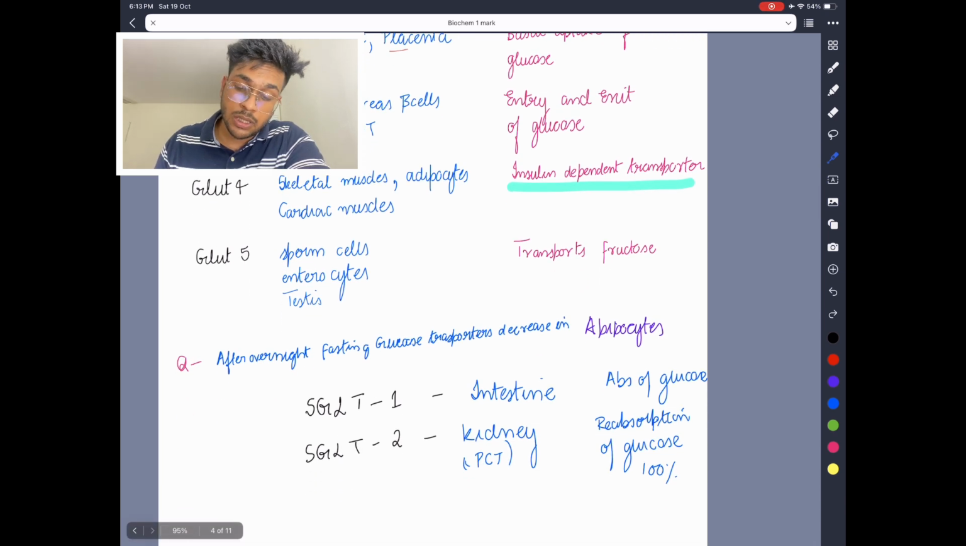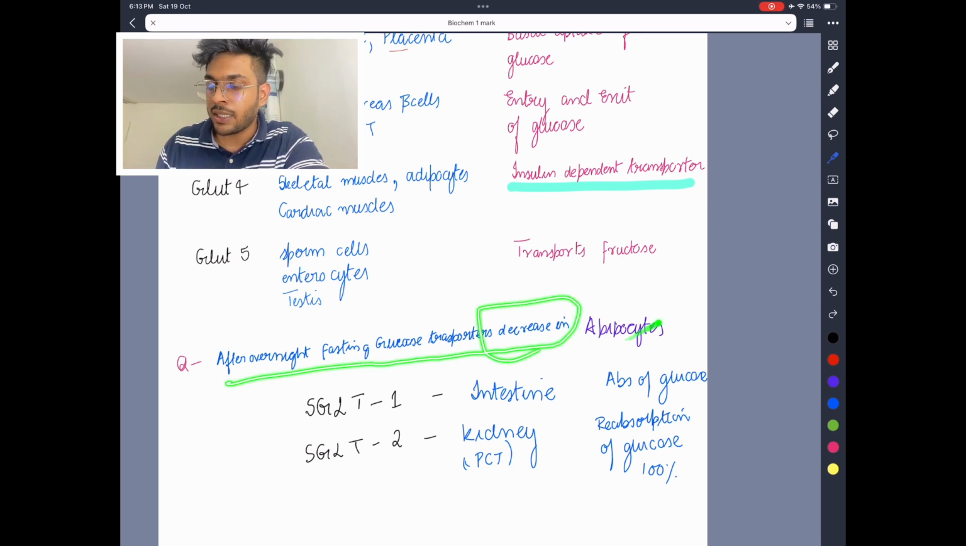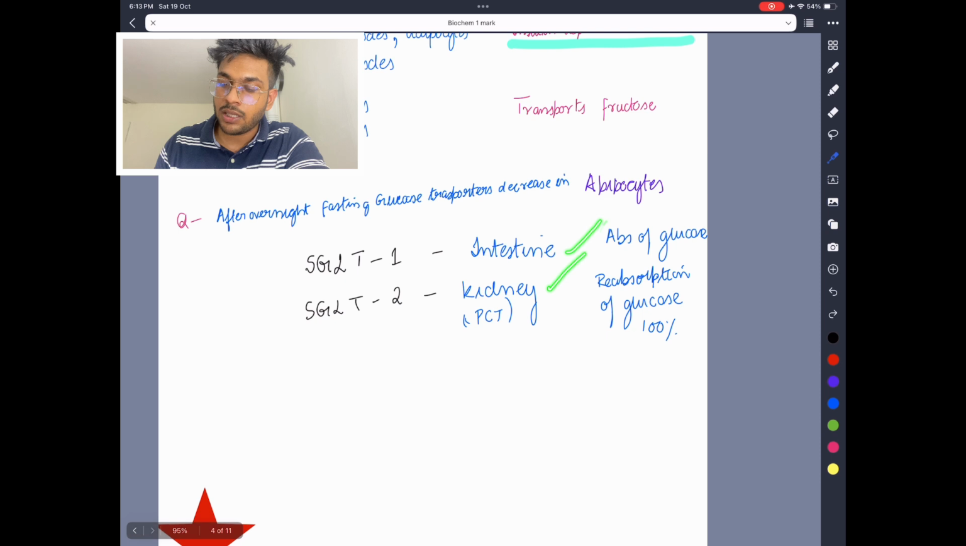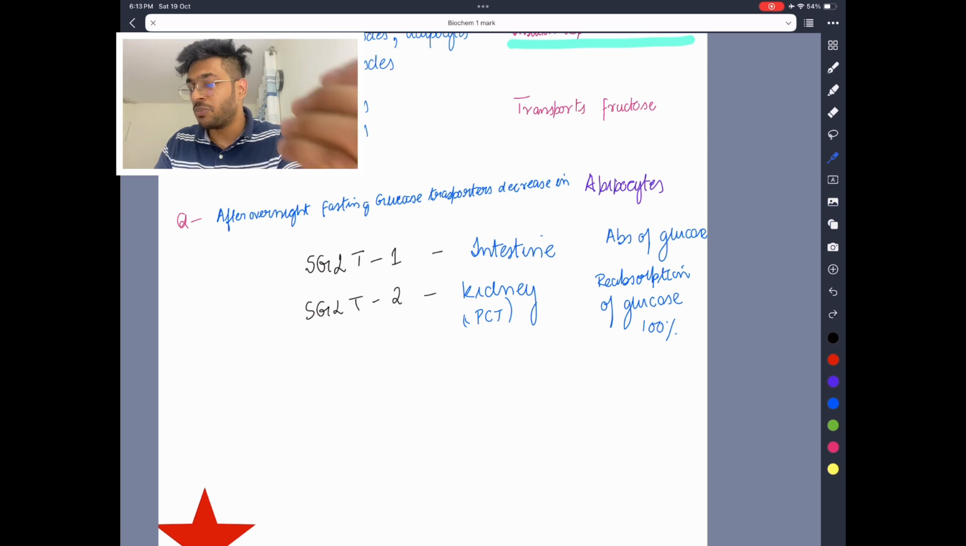Another question which can be asked is where there is a decrease in the glucose transporters. After overnight fasting, there will be a decrease in adipocytes. This will be the most likely answer there. Now there are SGLT1 and 2. One is present in the intestine, 2 is present in the lumen of the kidney. One absorbs glucose, and number 2 is involved with